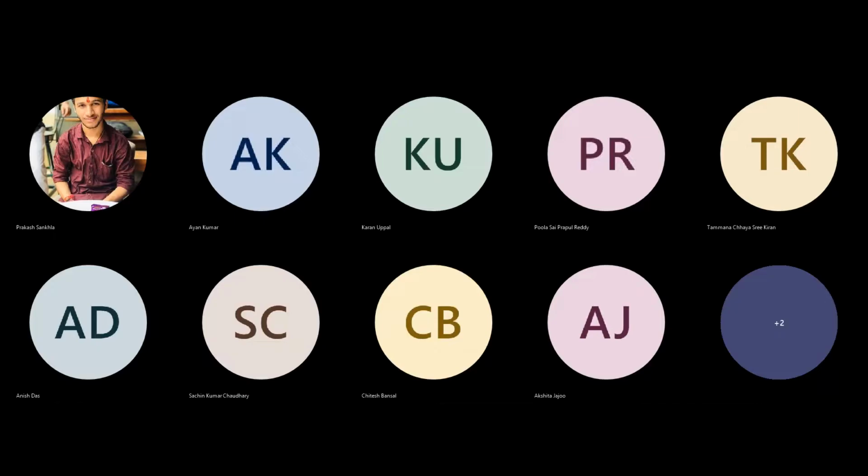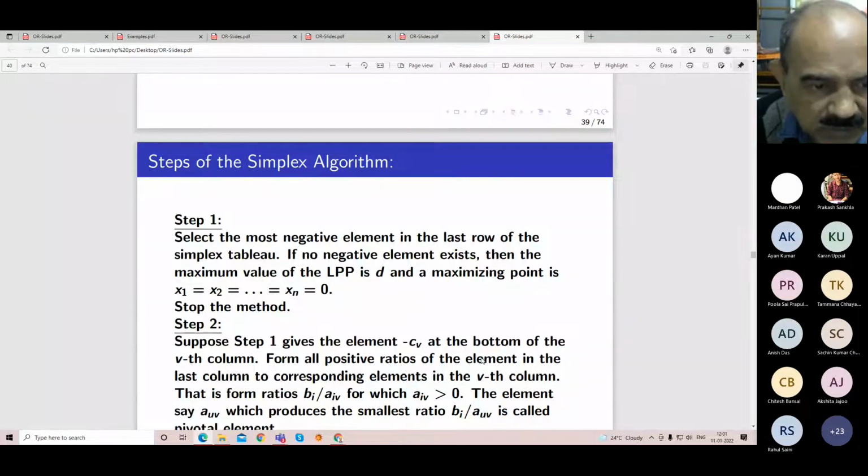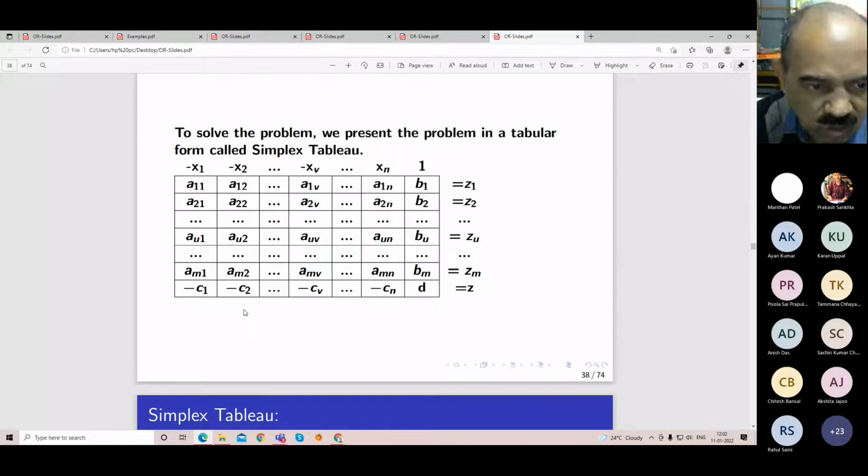So we'll apply the steps. Once the simplex table is established, so as you know, in the linear programming problem we have n number of variables and m number of constraints and one objective function. This objective function, in the simplex table, is represented by the last row of the simplex table. That is crucial. And the top one is the label only.